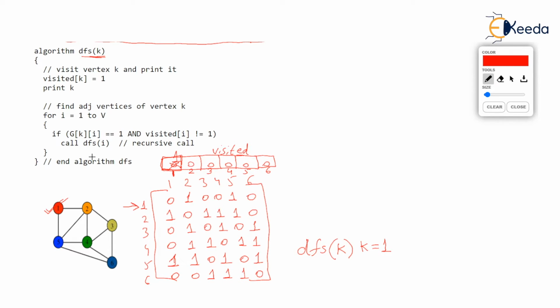We said that we will be in the kth row, first row, and we will move on in all columns. Although my description over here is going to be very, very slow and very lengthy, I promise that if you go through every aspect of my explanation, this is another chance for you to understand recursion in depth. Okay, so let's start this for loop. We are checking adjacent vertices of k being 1.